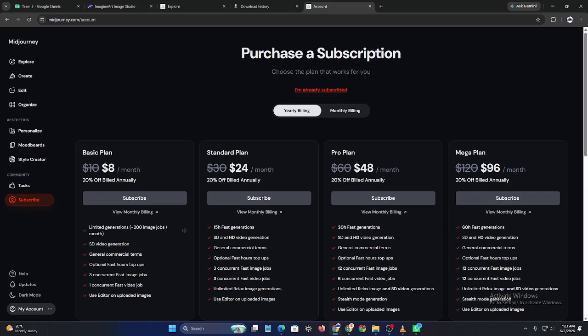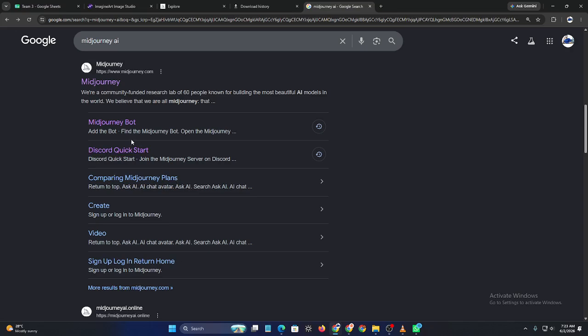results. Finally, remember to check Midjourney's official documentation and pricing pages for the latest updates, since access methods and subscription options can change over time. And that's it. That's the current situation with Midjourney free trial access in 2026 and how you can get started